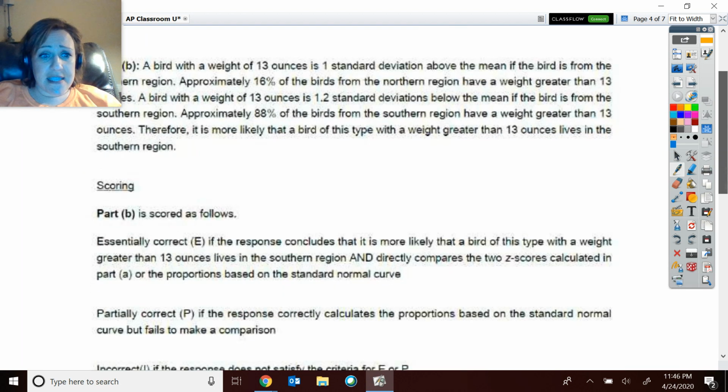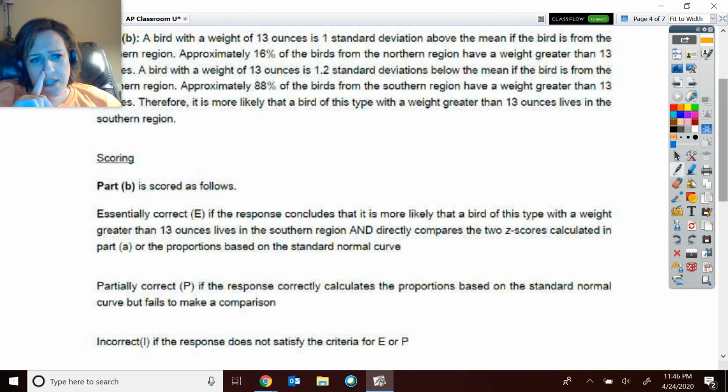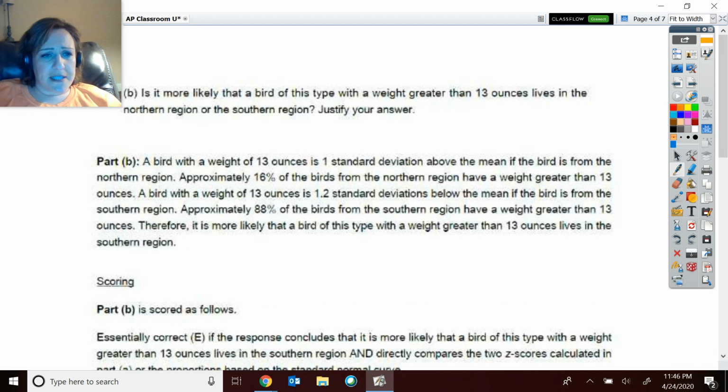And the interesting thing is, it does let you give partial credit. But anyway, let's take a look at this. It really only required that you referenced the number of standard deviations away from the mean. Okay, here was their ideal solution. 13 ounces is one standard deviation above the mean, and that one in the southern was 1.2 standard deviations below the mean. So it is more likely that a bird